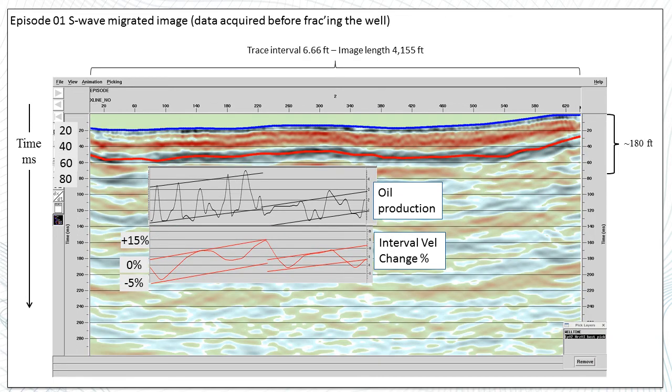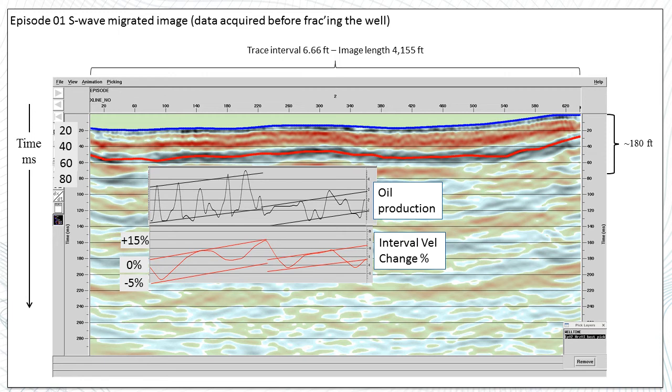Although it hasn't been mentioned up until now, in addition to being able to do P-wave reflection imaging, as in the P-wave images that we've shown so far, we're also able to do shear wave reflection imaging, and this is actually a time-lapse shear wave reflection image that we're seeing on the screen right now. The shear waves were generated from a downgoing S wave conversion, so P to S downgoing conversion, and we're able to use the same virtual source technology that we use to generate the P waves